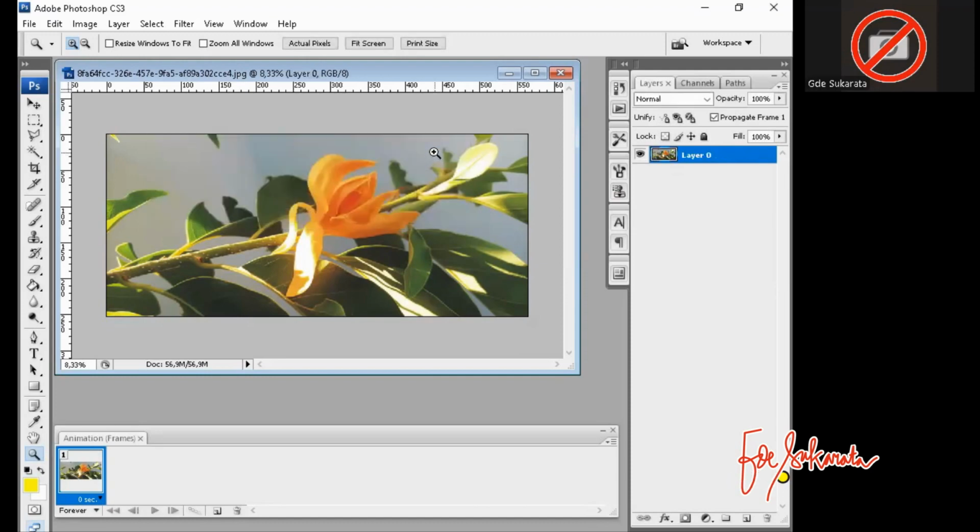Now we try to modify this image. Okay, I use the zoom tool to zoom in on this area.